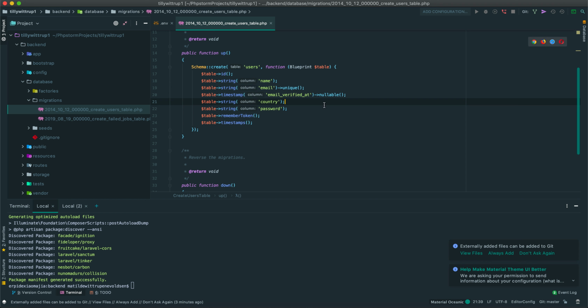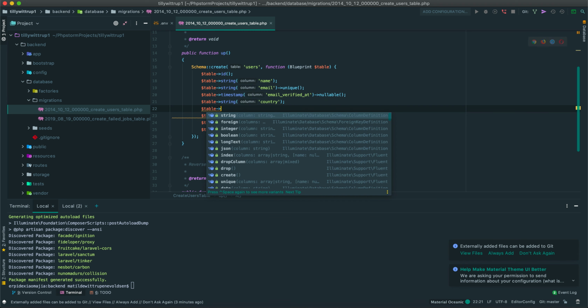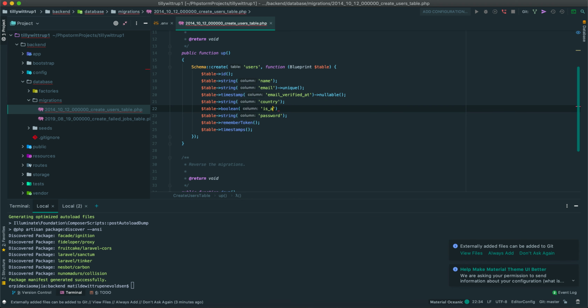So we're going to add in the country of the user, and we're also going to add in a boolean to check if the user is an admin. Great. So we can put this to default. It's going to be 0, and what we can do now is say php artisan migrate,